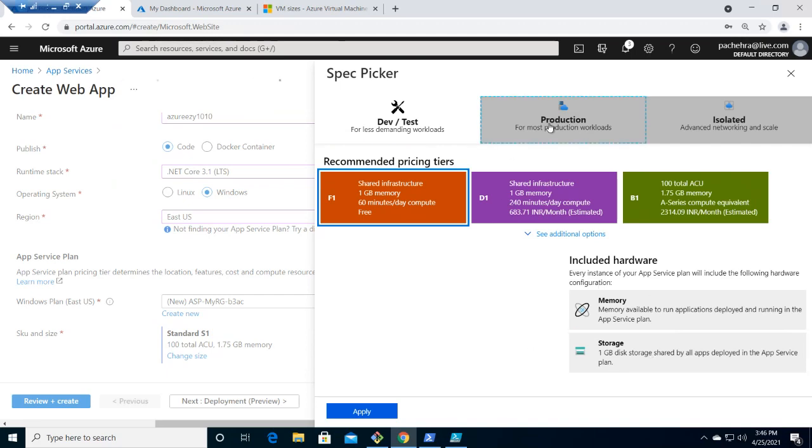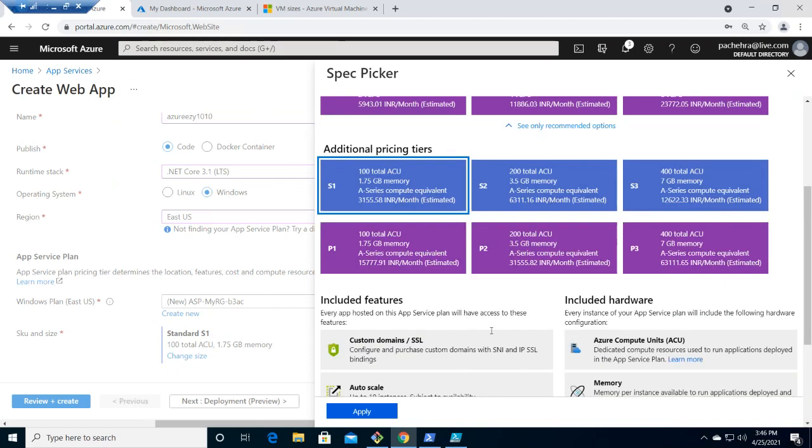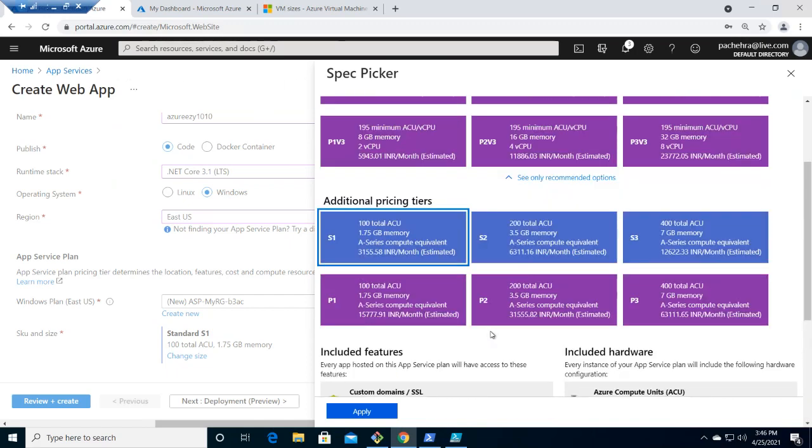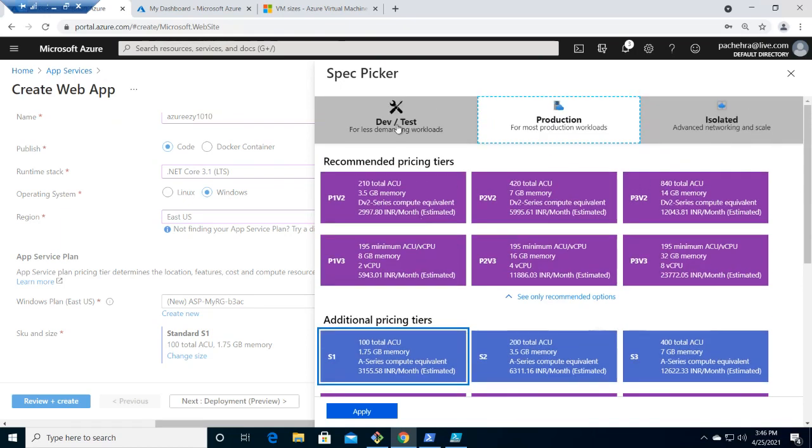If I click on production, we have so many other features, like custom domain SSL, auto scale up to 10 instances, staging slots, the deployment slots that he covered already, backups, traffic manager, and different features. That's how it works: basic SKU, limited features; advanced SKU, more features. So we have dev test, production, and isolated.